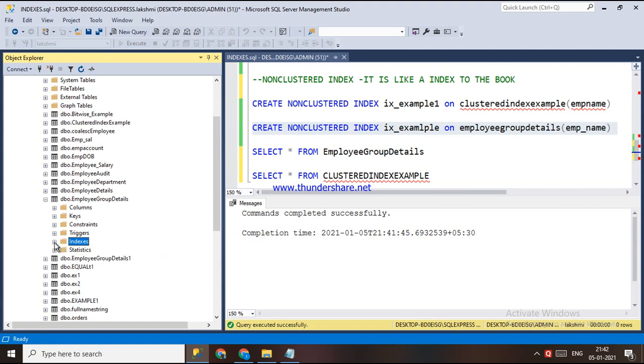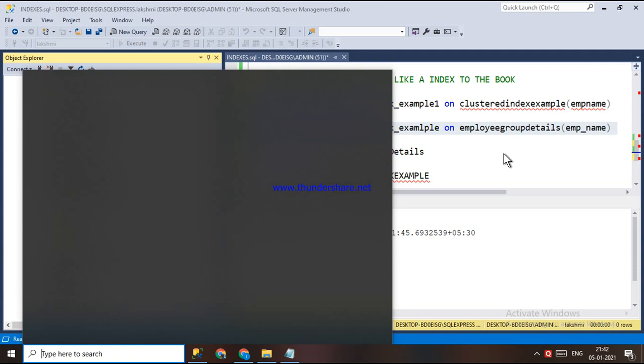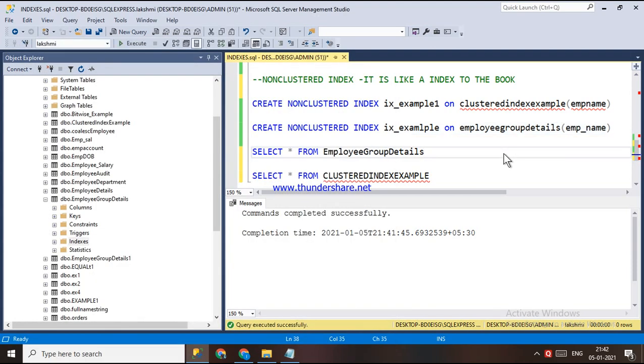So the differences between the clustered index and non-clustered index are: only one clustered index is allowed per table, whereas a non-clustered index can have more than one. And the clustered index is faster than the non-clustered index, because a non-clustered index has to refer back to the table.